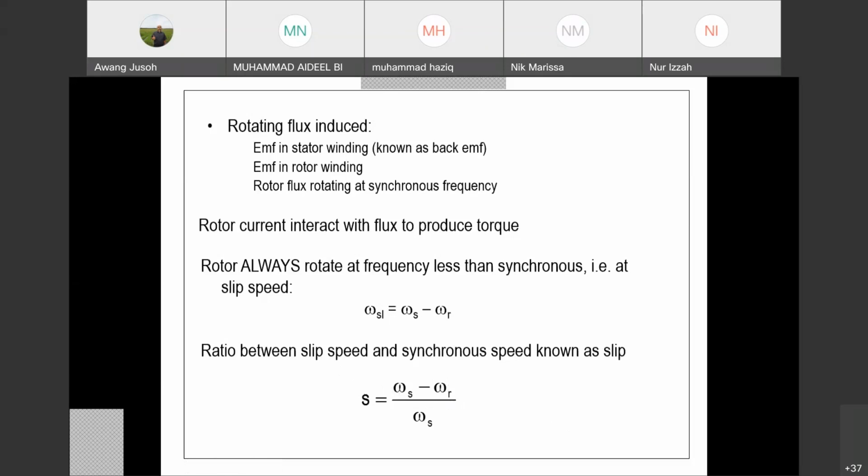So that means there is no voltage induced. If the rotor speed equals synchronous speed, there is no voltage induced in the rotor conductor. When there is no voltage, there is no current. When there is no current, there is no torque. That means if the rotor speed equals synchronous speed, the torque will be 0. So the motor generates 0 torque. That means in the induction motor, you cannot operate the machine like that. The rotor speed must be less than synchronous speed in order to generate torque. We cannot have the same speed, otherwise there is no torque produced.